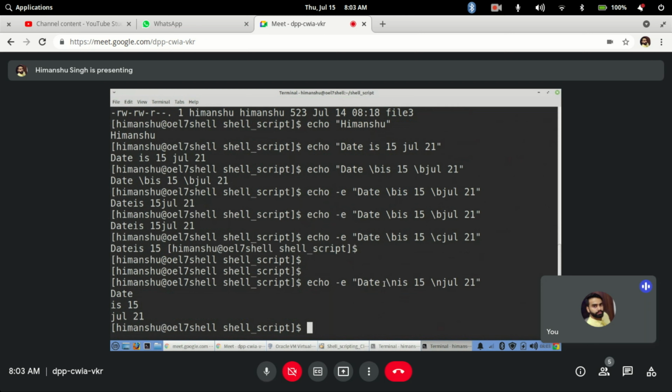It will treat this as the first line, then go to a new line and print this much, 15, and then go to a new line and print the rest. So three things are printed, but on three different lines. Got it?